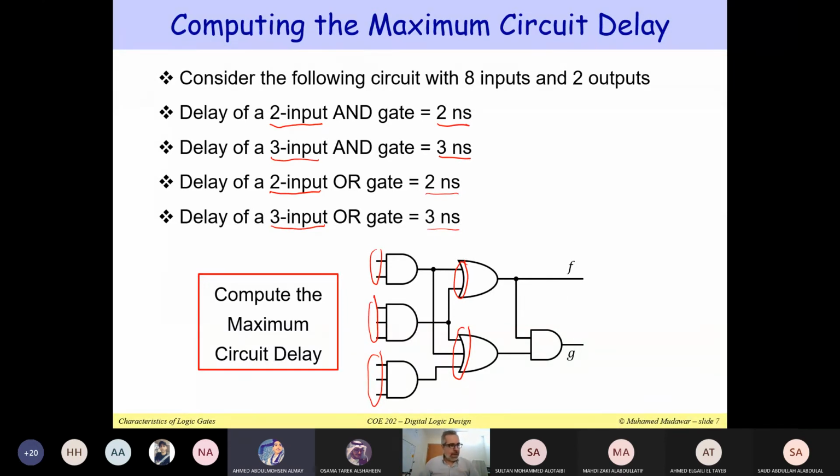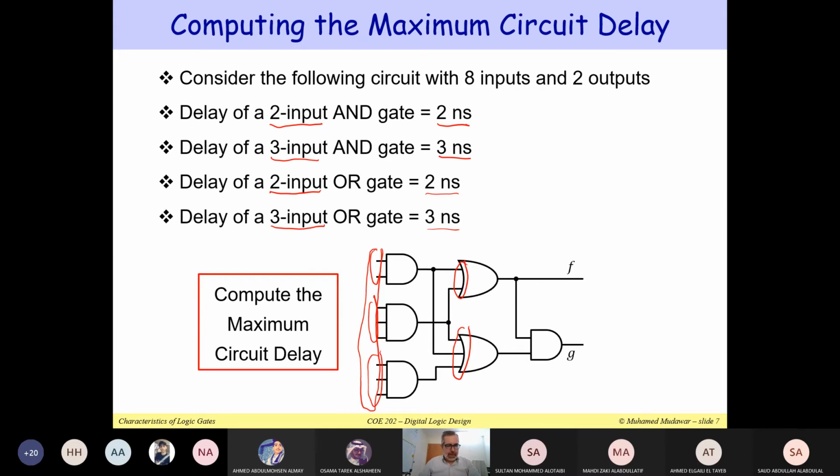Right. I'm going to show you now. But how do we calculate this? I will show you a technique, an easy way to calculate this. It's not really difficult at all. It's really very easy to calculate the maximum circuit delay. So let me show you how we can calculate it. As I said, it's very simple, very easy. We're going to assume initially that all the inputs to this circuit are present at the same time. So all of these inputs here, if you have 8 inputs here, for example, all of them are present initially at t equal to 0. So I'm going to assume that all my inputs are present.